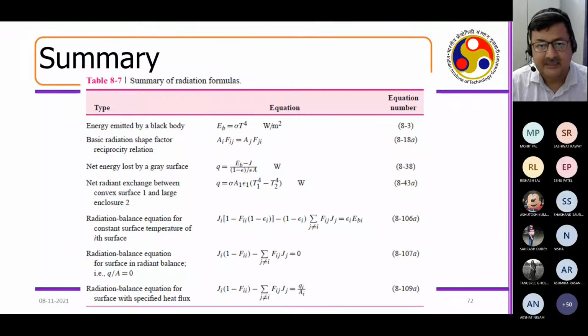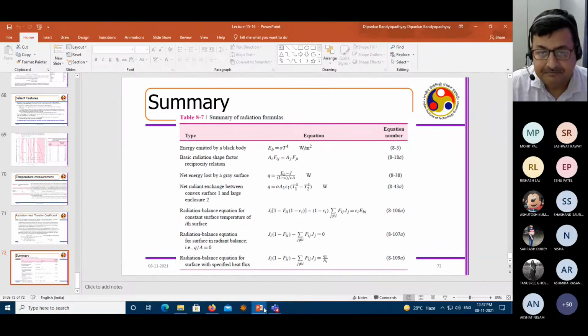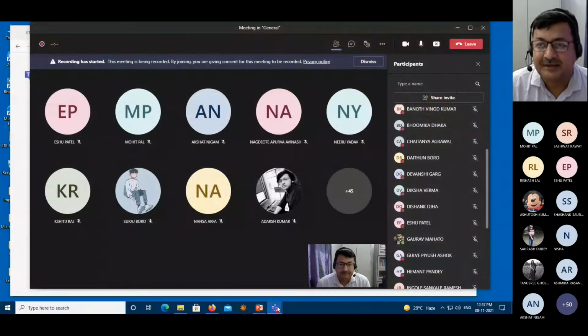Okay. So with this, I think we summarize the entire radiation part. Concept-wise, things are clear. And then the view factor and the resistance part, I believe, requires a lot of work in order to have mastery over those circuits. Any questions you have up to this point? If you do not have questions, fine. So we meet tomorrow with the last lecture. I think I will be able to finish the entire heat transfer course tomorrow.